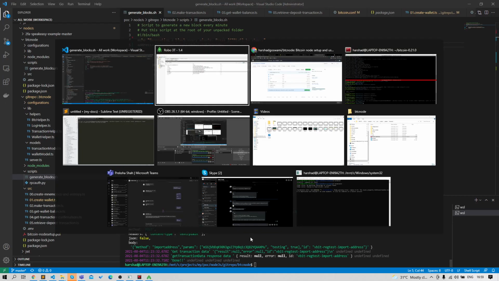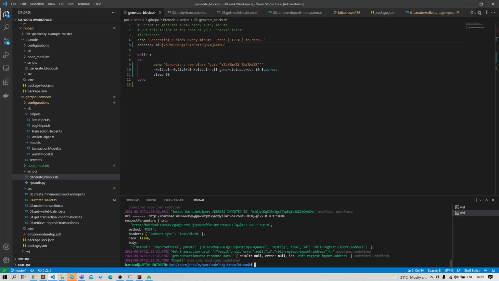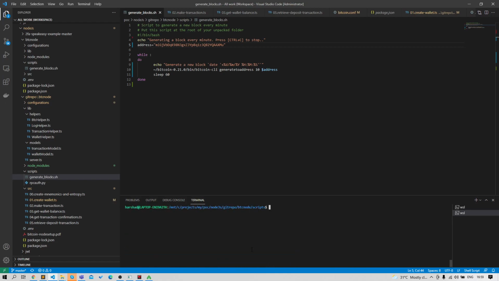After saving this file, we can start the mining. To start the mining, go to the script folder in my project root, where you see these two files, generate_block and rpc.py. We have already discussed this file. Now before running this file, give the proper permission to this file, using a command like chmod.